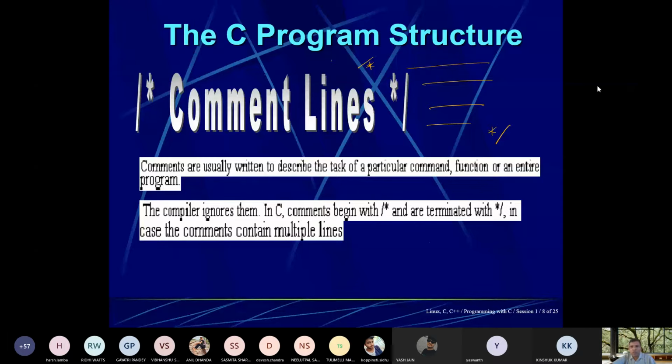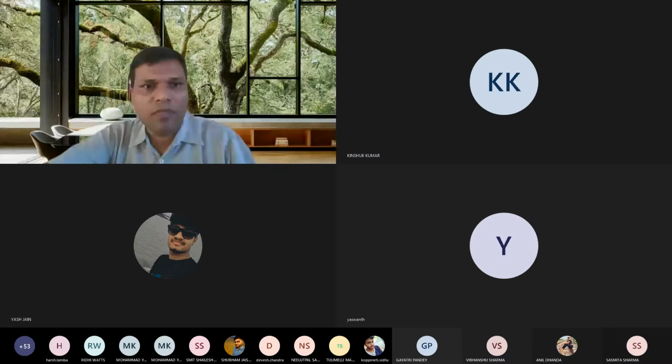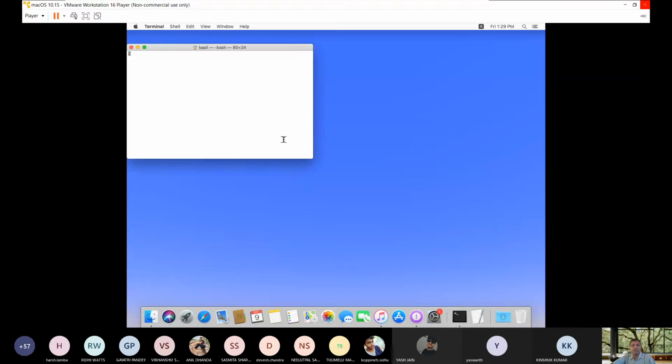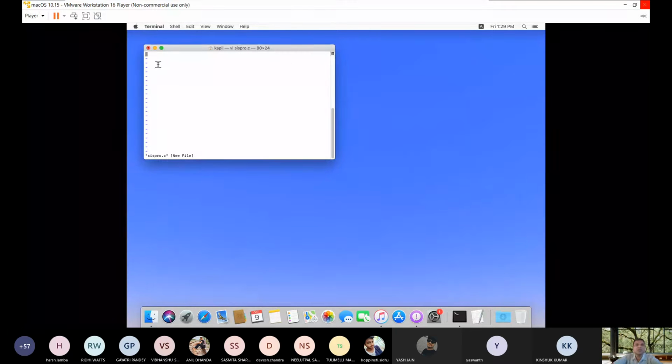Okay, so let me share that slide. Here you can see that this is a terminal, and in this terminal let me check which program is there. syspro. Okay, so vi syspro dot c.